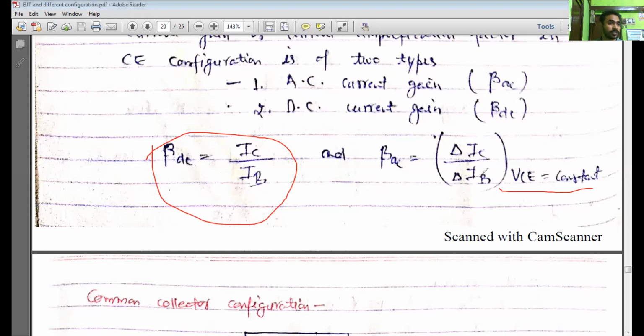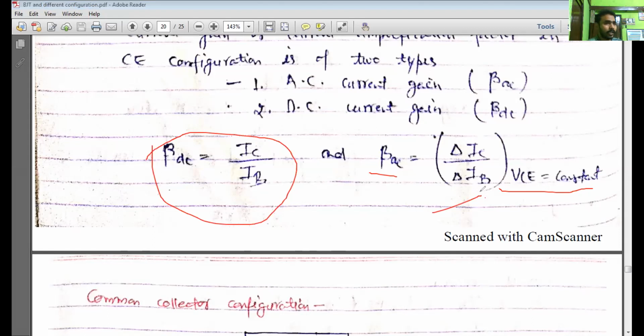your IC and IB are changing. You know that because in the curve you see that for different VCE you have a different IB curve, a different output characteristic curve. You have different IC and VCE, and that's why its value will change. Beta is calculated from the change in IC upon change in IB at constant VCE, and the value comes nearby 100 to 150. Generally it becomes about 150.